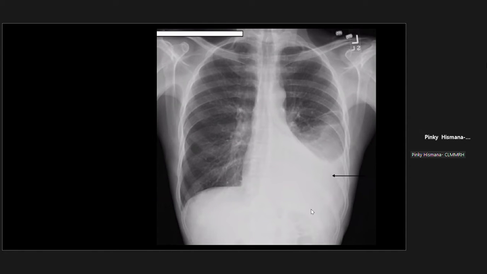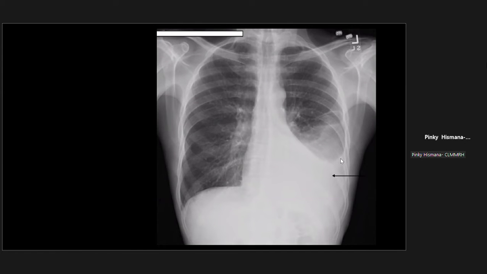So if it's an opacity, most likely it is made up of what components of the body, or what substance do we suspect if it is an opacity? What about densities? Water. Usually opacity is either soft tissue or water. So actually this one is made up of water. So this is not actually involving directly your lungs. It's not that your lungs have fluid, but what is happening here is